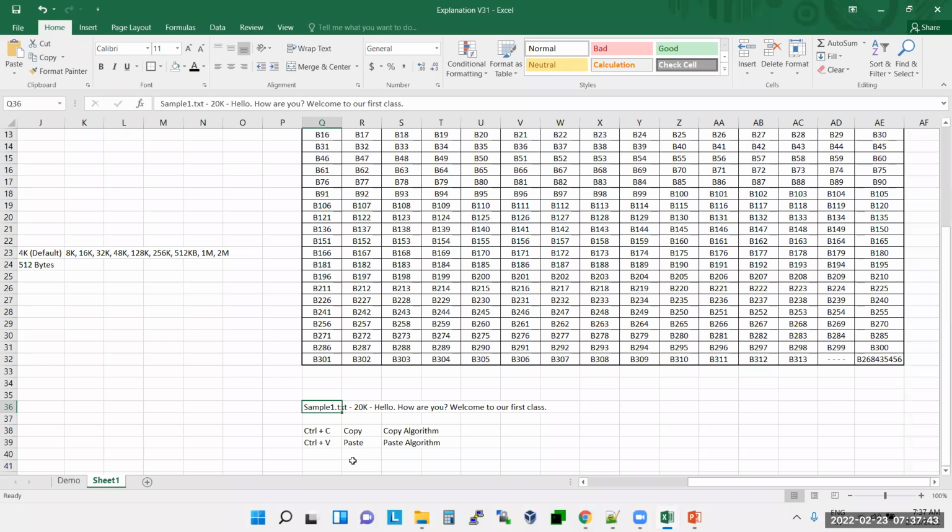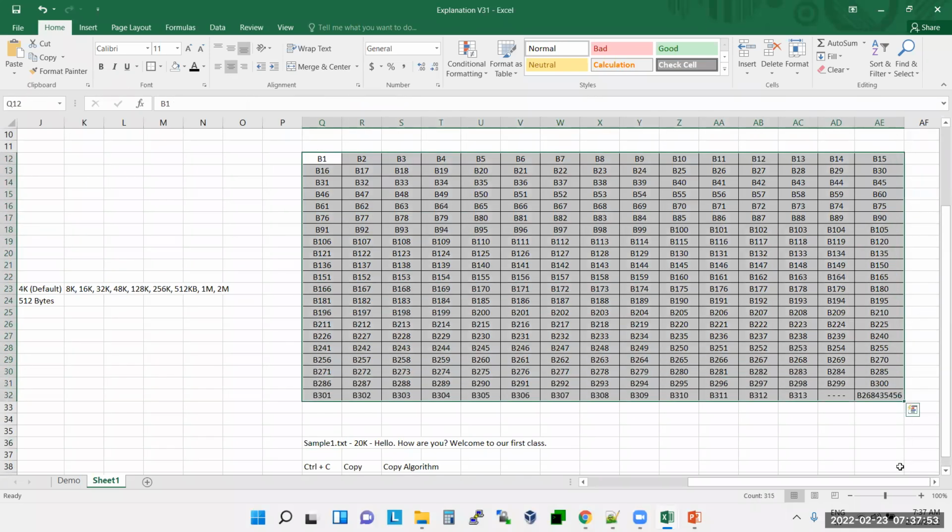Let's say you did Control C and Control V on this disk. How will this sample1.txt be stored in this hard disk? It will be stored into 5 blocks.